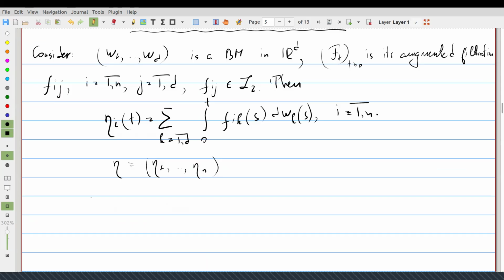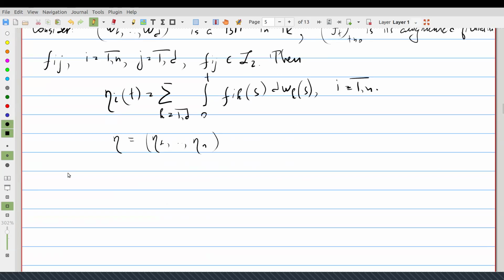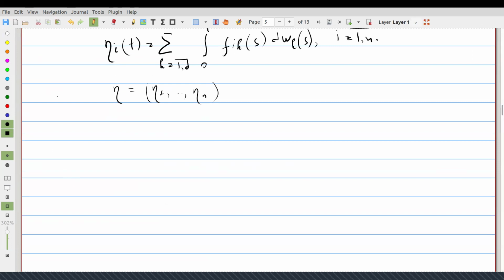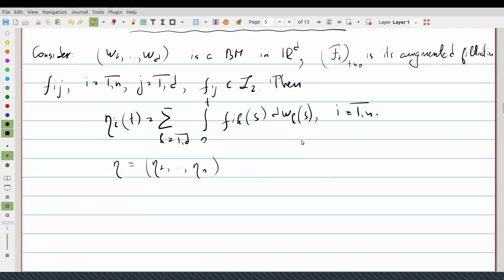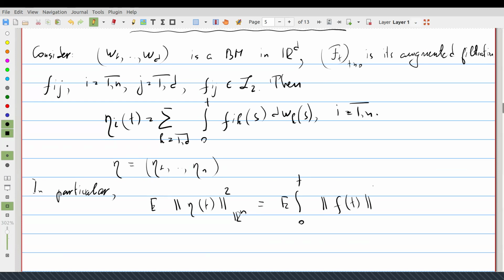So what we obtain here is effectively a multidimensional process that is represented with stochastic integrals, and everything that we set for the one-dimensional case can be translated here. In particular, the mathematical expectation of the norm of eta of t squared, this norm calculated in R^n, can be written as the mathematical expectation of the integral from 0 to t of the norm of phi of t squared, and this is the Hilbert-Schmidt norm, so it's just the sum of